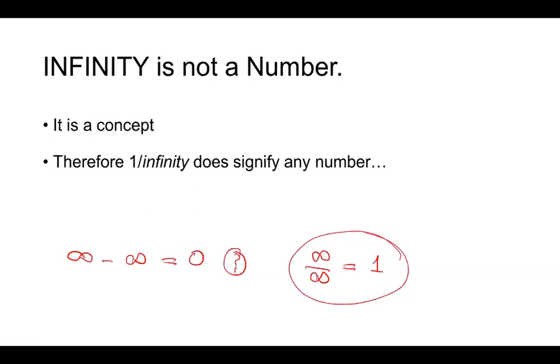So essentially, generally all the numbers are conceptual. They're all concepts. For example, 2 is also a concept. 2 plus 2 equals 4, this itself is also a concept. But when we apply them, for example, when we have 2 eggs and add 2 more eggs, of course we get 4 eggs. But 2 itself is also a concept. So infinity is also a concept. That's very true. But the thing is that